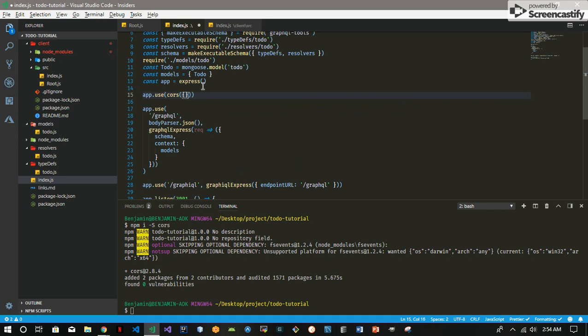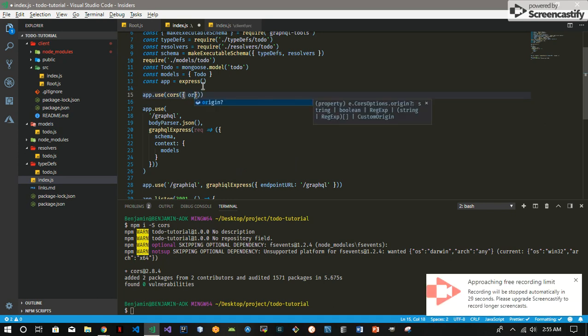And we can pass in an origin object. We'll say http://localhost:3000 because it's coming from the front end. We need to pass in a CORS, I believe it's star, to say that we're allowing any